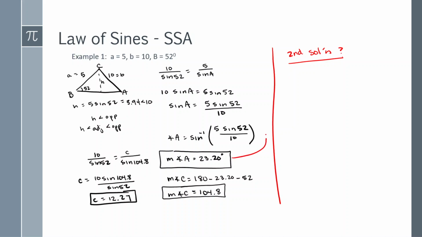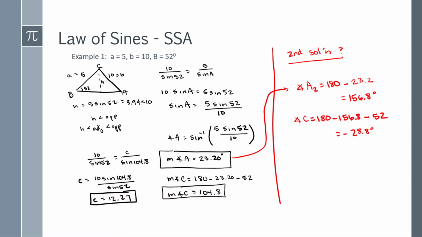Well, the first angle we found was angle A. So angle A, option 2, is going to be 180 minus 23.2. And that gives me 156.8. Now that's a pretty big obtuse angle. So when I go to find angle C, it has to equal 180 minus 156.8 minus the 52 they gave us to begin with, and that's going to end up being a negative number. In fact, it's negative